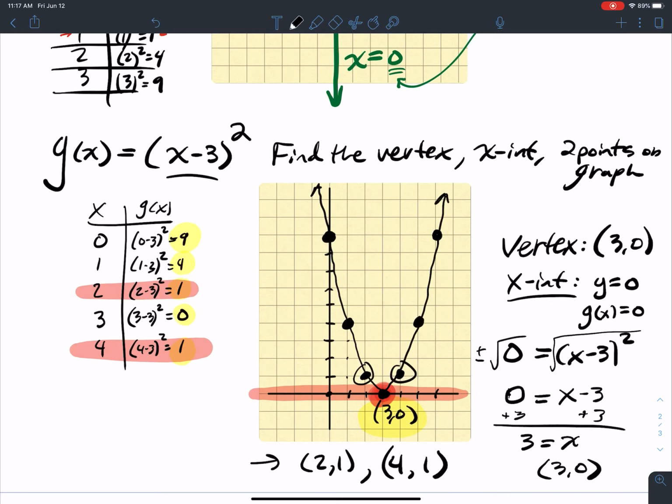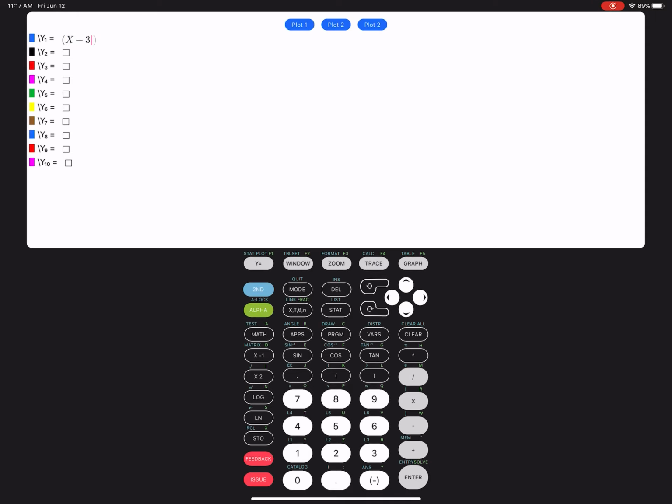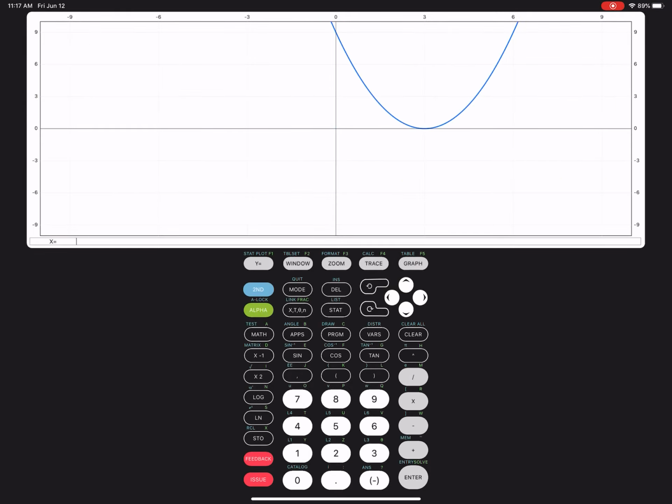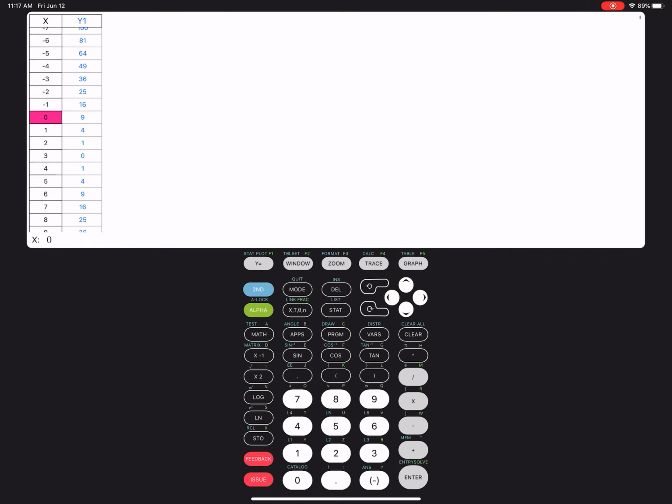that you pick. One way you can do this is in your calculator. If you go into your graph, so I'm going to delete these. So go into your graph and do parentheses, x minus 3, close parentheses, square it, enter. And so you can see the graph there. The vertex is at (3, 0). But to pick a point, if you do second table, then you can see all these points